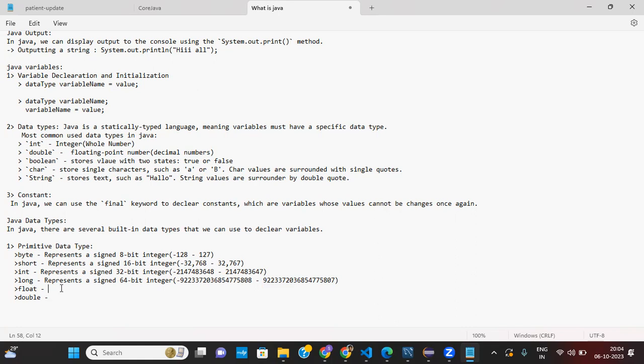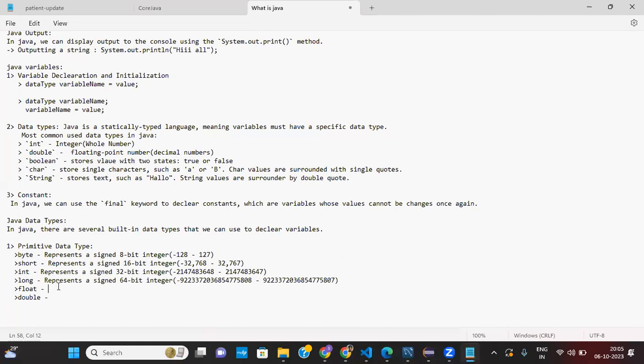Anyone? Inferred data type, which is type inferred: we can assign any value and it will detect the type automatically on its own. Okay, we will discuss that.